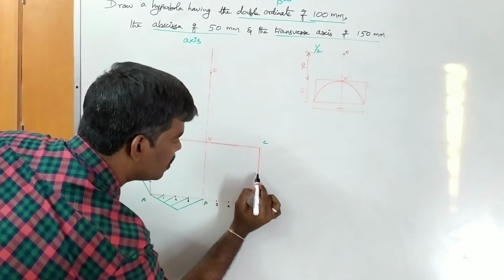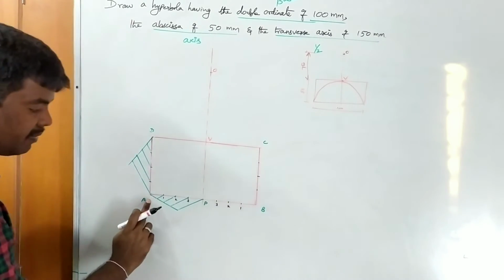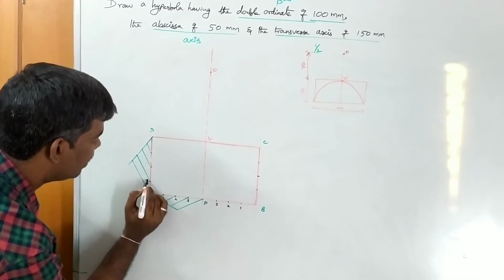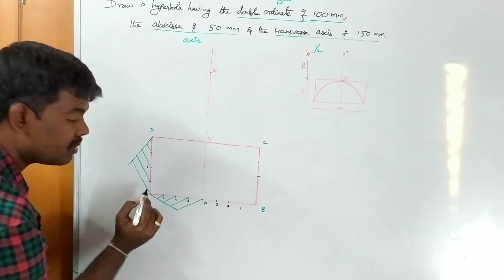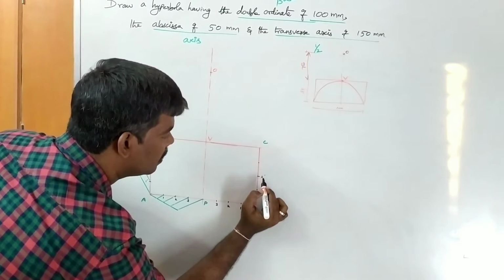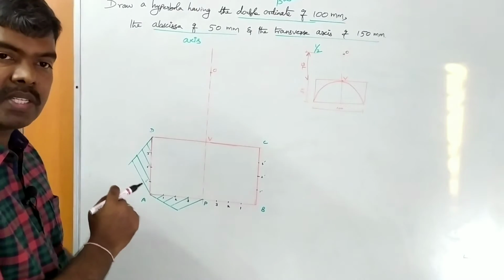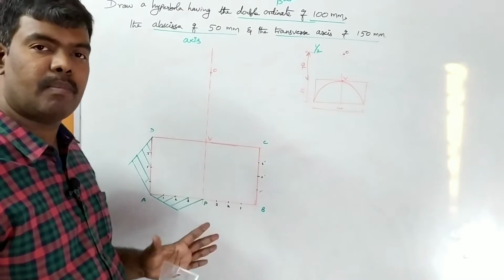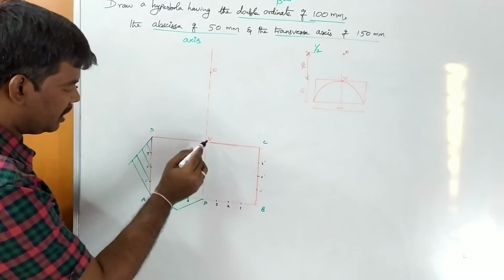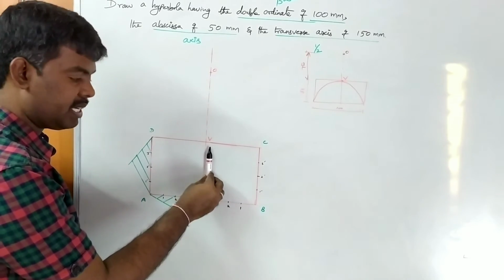Same here also divided into 4 equal parts. So here from A, let us consider it is origin, A, 1, 2, 3. Here also, for differentiation purpose, 1 dash, 2 dash, 3 dash. Here also 1 dash, 2 dash, 3 dash. Clear? And next thing, more or less similar to parabola. So if let us assume it is parabola, from vertex V, V3 dash, V2 dash, V1 dash, like that.